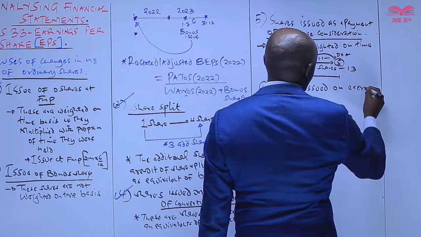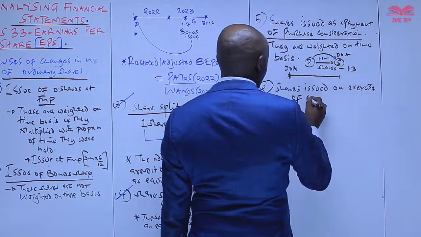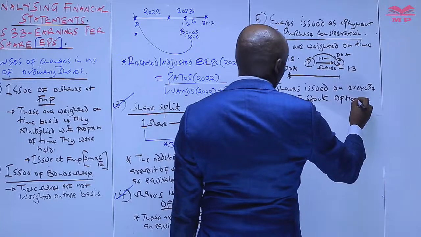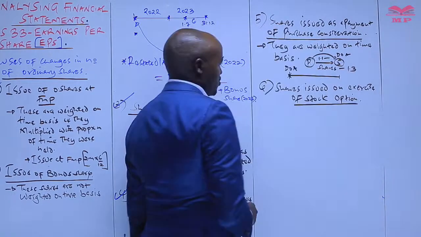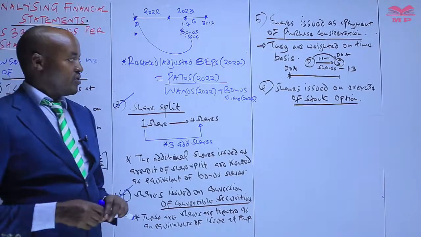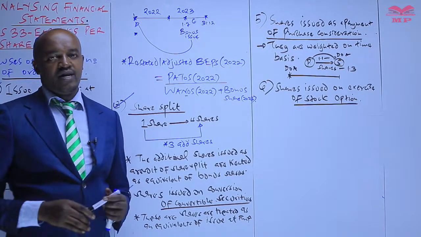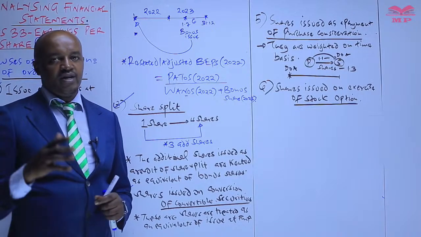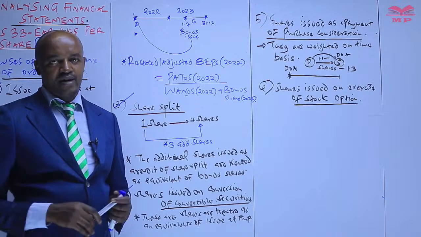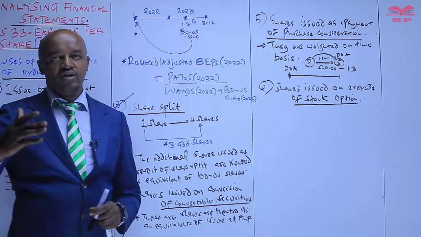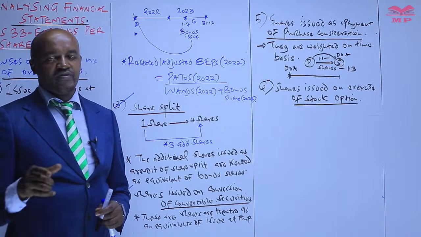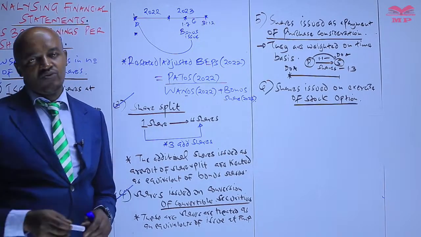of a stock option. So first of all, what is a stock option? A stock option is basically a privilege, or in other terms, a right which is given to the employees of the company to buy the company shares in future at a price which is below the market price. So once the employees have been given such an option, and they have exercised that right, it means that they have bought the shares of the company at a price below the market price.